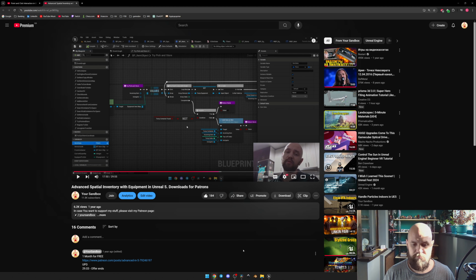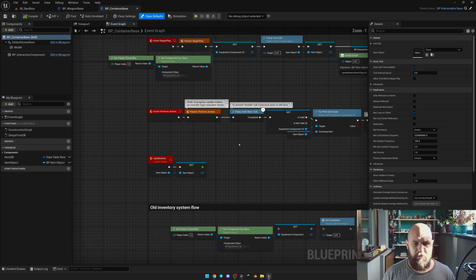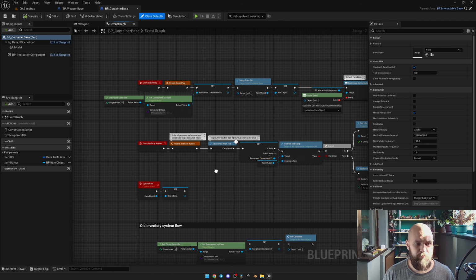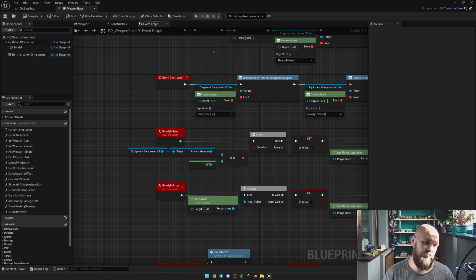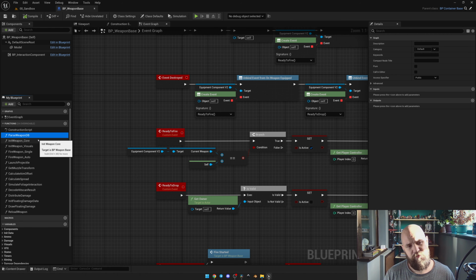So let's go back to the tutorial. And here we need to, well, I guess we should just start with recreating the functions and the variables, because there are a lot of them, and I'm gonna explain why I have so many. So we need to have the pass weapon db function, init weapon core, init weapon visuals for our Niagara systems,